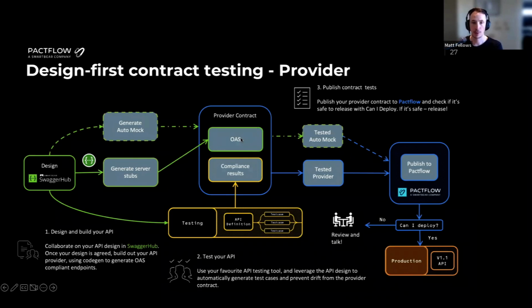The other thing I want to briefly mention is going back to those mock services we talked about earlier. Because you can take the spec and turn it into a mock service, you can apply the same process, but not to your real provider, to a mock version of your provider. This means you can build your test strategy early, apply it to your mocks, promote that through the system, and then when the real provider comes along, you can just do the exact same process to your real provider. So it's a really good way of, as I said before, enabling teams to work independently while also getting all this extra work going and building up this validation process.